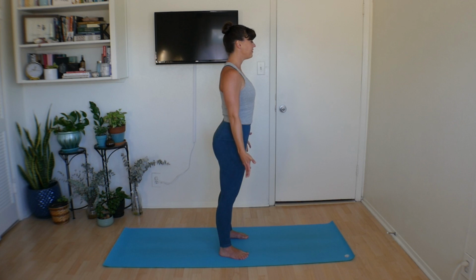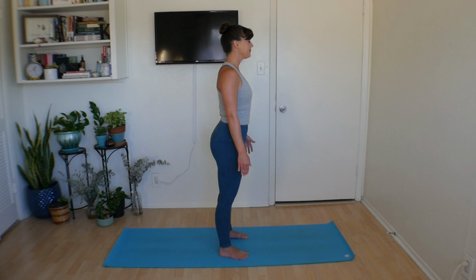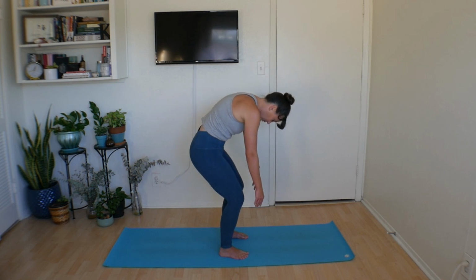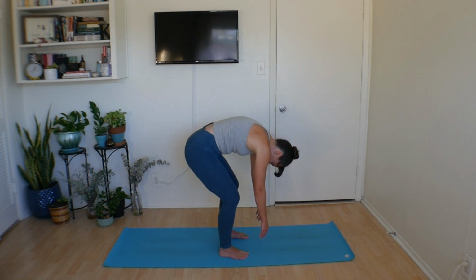Just notice how we feel a little different, even from just that tiny bit of movement. It doesn't have to be a whole lot to get some lovely mobility, a little extra stretching in our lives. Flutter those eyes open if you'd like to. Dip your chin to your chest, bend your knees, roll forward into a great big forward fold, letting that head